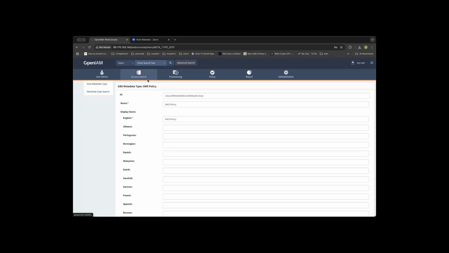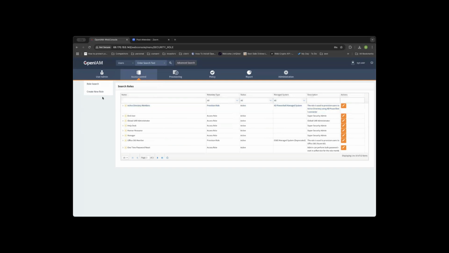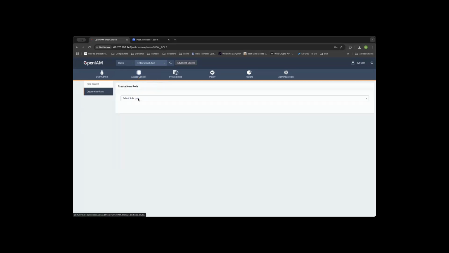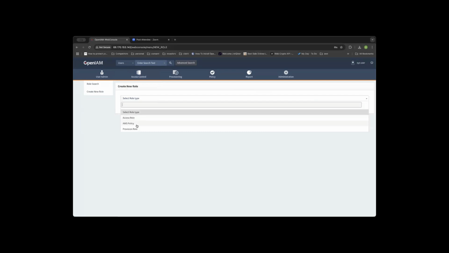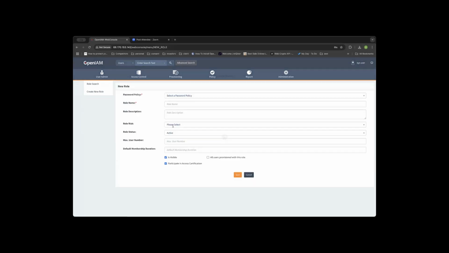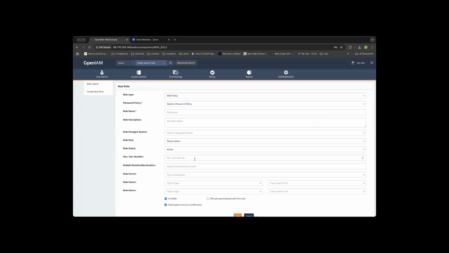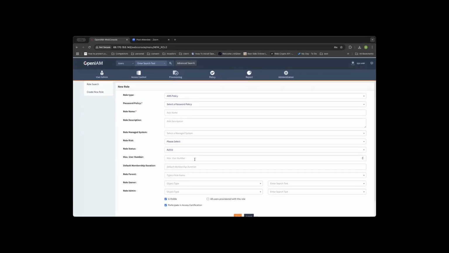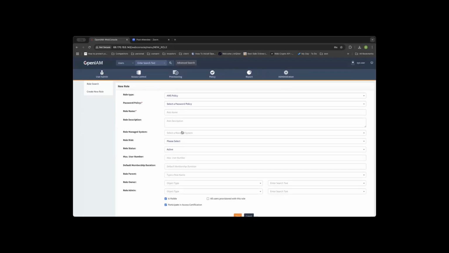So we have this. So now if we were to go to, say, for example, a role, let's create a new role. Okay, and in our role type, we will see the AWS policy that we created, right? And so again, these are the static attributes that we've defined here. And we can just say,